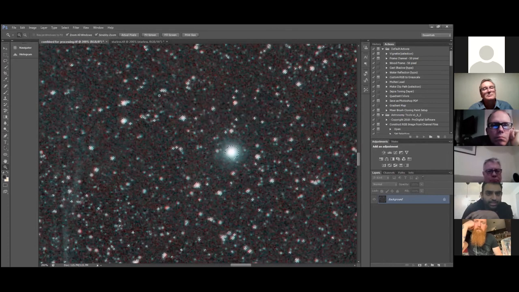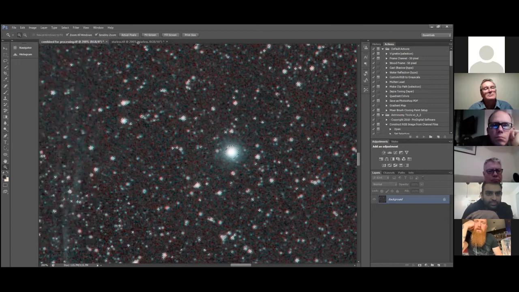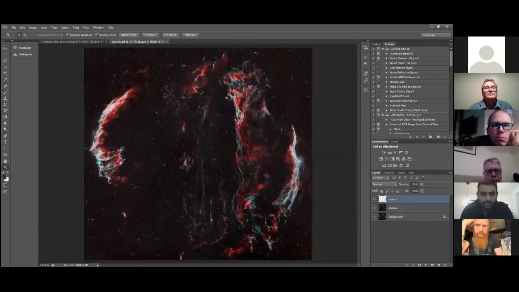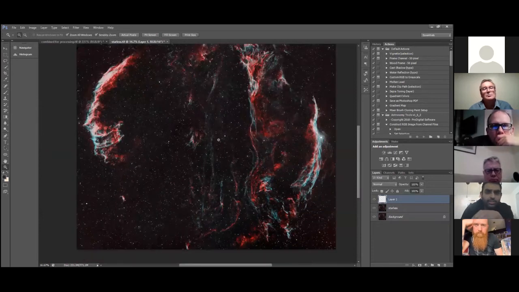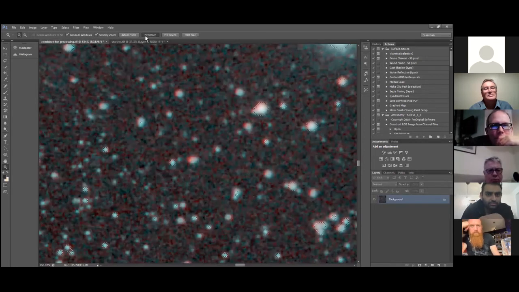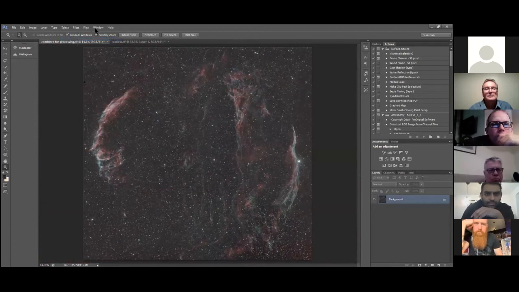Once you've applied that feather, we can then press edit, copy. This is copying all of the stars in that star mask. And then we are going to paste them on top of this image. You see here that this time around, just by stretching the image and then using the select and mask tool, we've got a few more stars in that star field. But this is not good enough, because we're still missing lots of the dimmer stars. So what we need to do is include those dimmer stars in this image